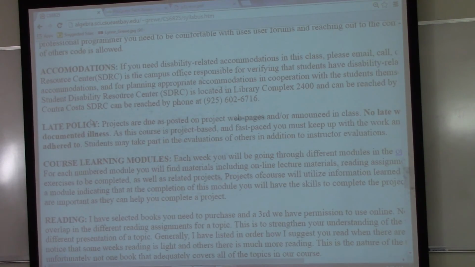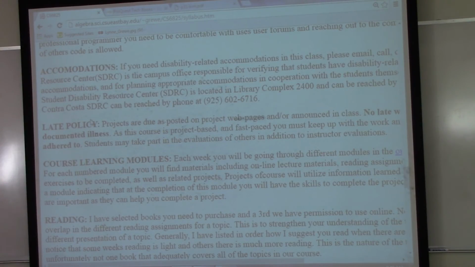Okay, so I'll ask you to please read the rest of this. The two things that I'll point out is we have a late policy. I don't accept late work unless you have a valid excuse like a documented illness. So you'll have to talk to me about that. If you're going to travel or something, everything is already posted with all the due dates of everything for the entire course. My suggestion is to work ahead so you can enjoy your trip, and definitely you can submit it